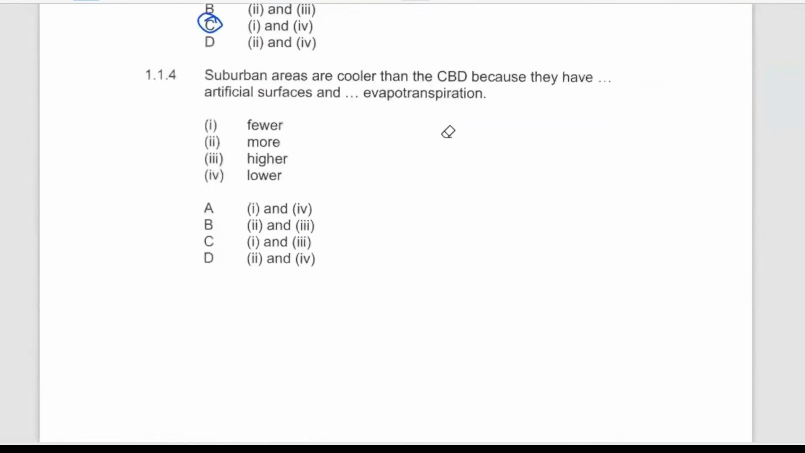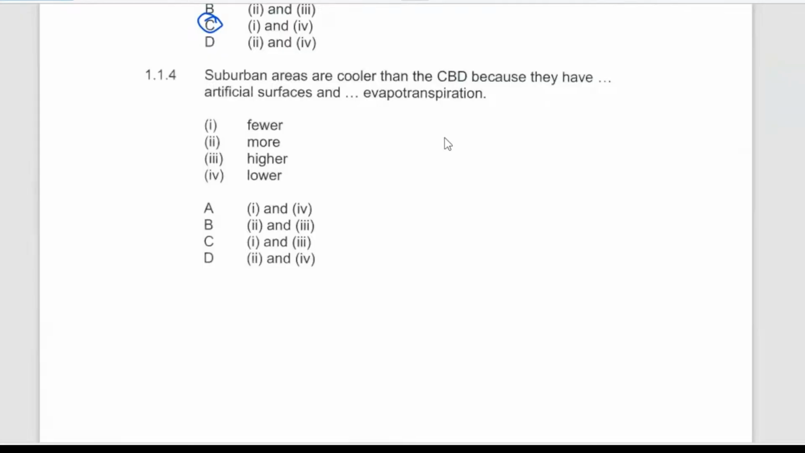The suburban areas are cooler than the CBD because they have dash artificial surfaces. We know well that artificial surfaces are responsible for the absorption of heat. For example, we talk of the tarmacs and we talk of concrete surfaces. They are responsible for the absorption of heat. So in the suburban area, we are saying there must be fewer of them, which will lead to a reduction